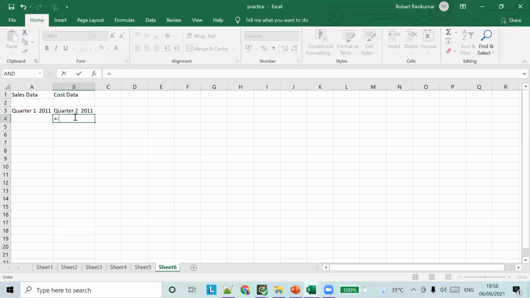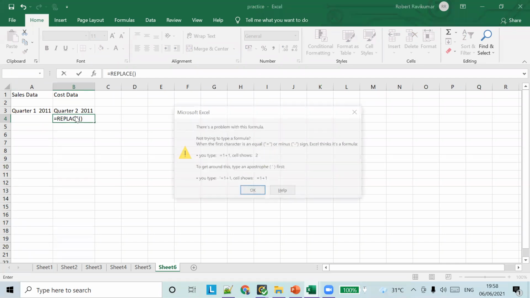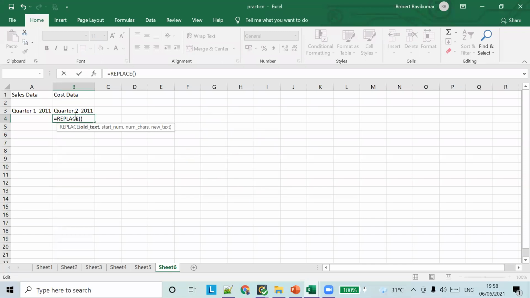So let's see the replace function. It takes old text, start number, number of characters, and new text.